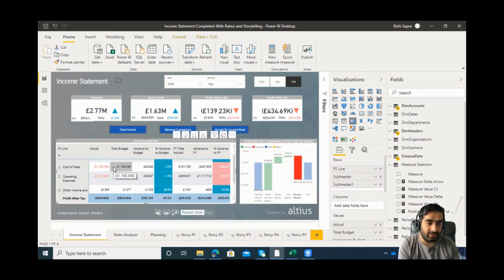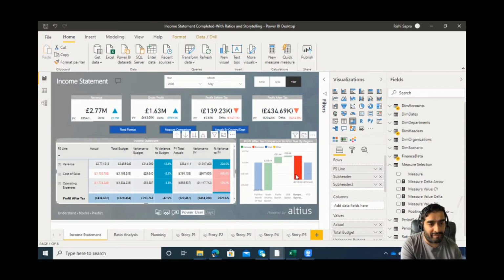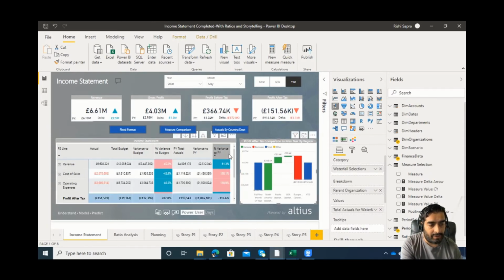Really try and get those right, and think about those in advance, with a storyboard and a user journey. And then we've got the cross interaction going the other way as well. We're focusing on a particular region, and we're looking at profit after tax. But actually, if this is now looking interesting just from a revenue perspective, and perhaps even for the region generally,